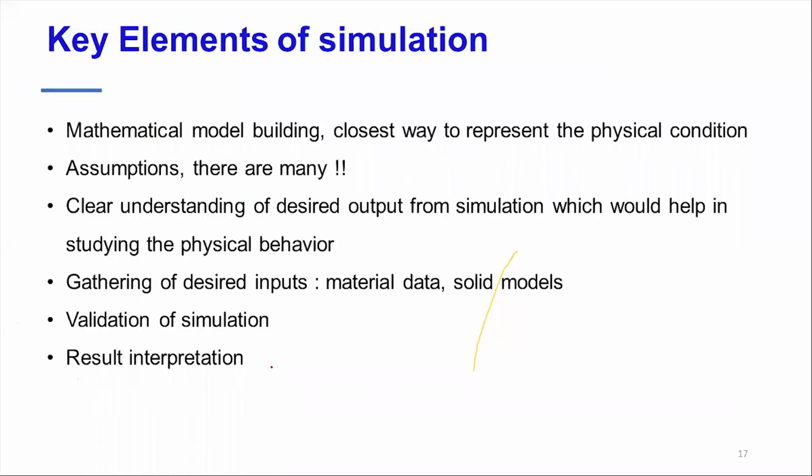Okay, so the key elements. The moment you go and try to simulate, you're trying to replicate your physical model with the mathematical model. So a few things which you have to be very sure of is how you build your mathematical model. You should take ditto the same model, the same dimensions, the same geometry, the same distribution of material, everything. You should have the same material. You should also have the same environmental conditions, the mating conditions, like boundary conditions.